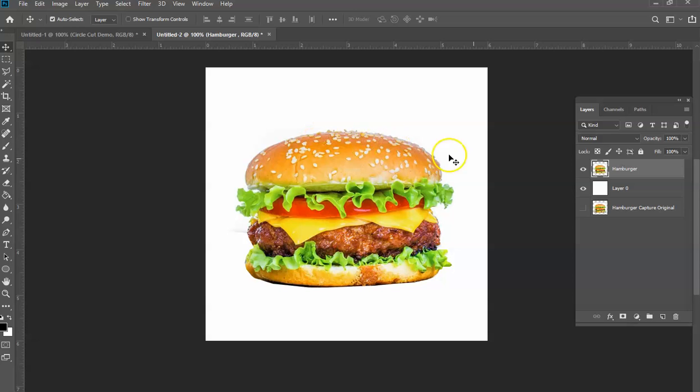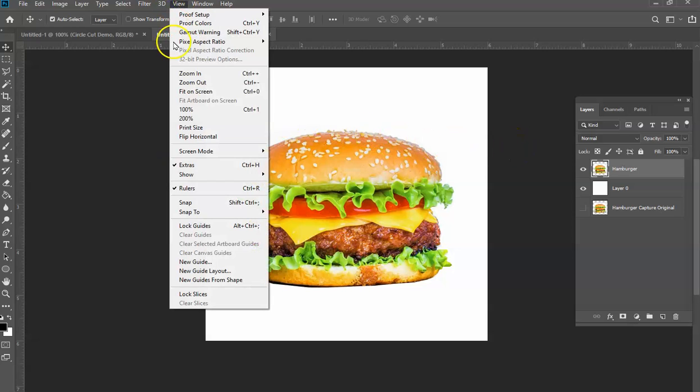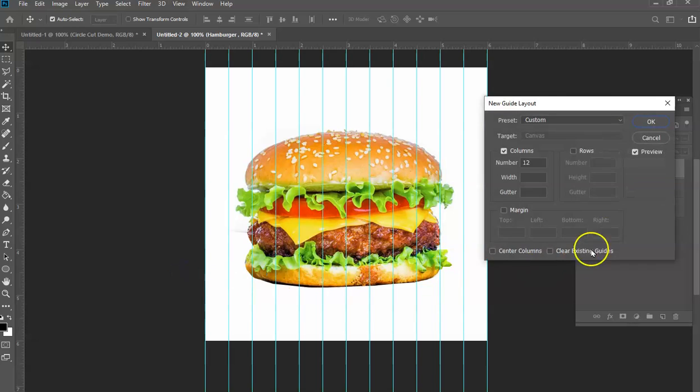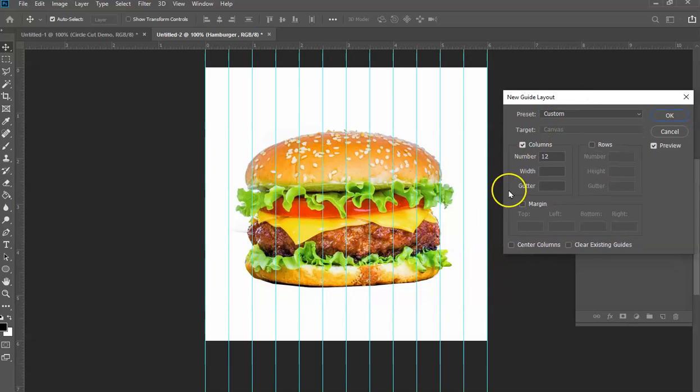Now the first thing that we're going to want to do is establish some lines across here, guides to go by. And since it's a 6 by 6 image, I can very easily divide this up evenly into spaces. I'm going to go to View, and then New Guide Layout. I already had this set up, so it's going to come up with 12 even columns across, which means it's dividing the 6 by 6 image into half-inch increments all the way across evenly. I want this because I'm going to need it to establish my masks for cutting out the